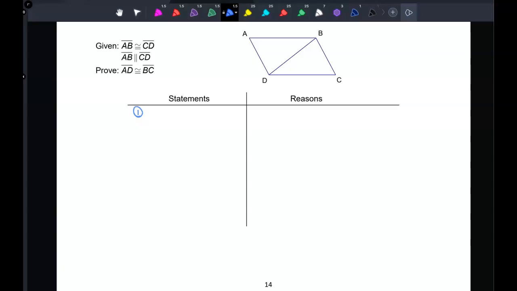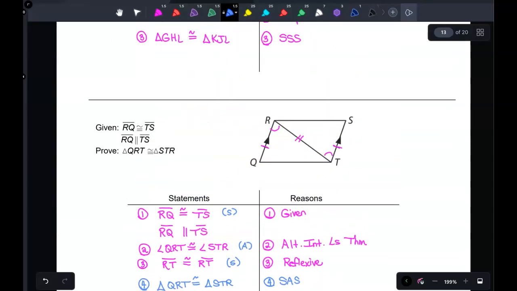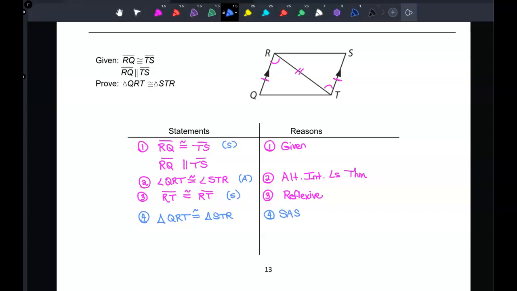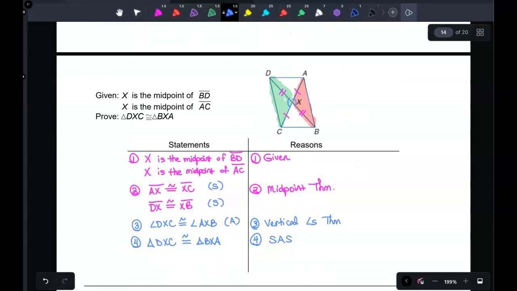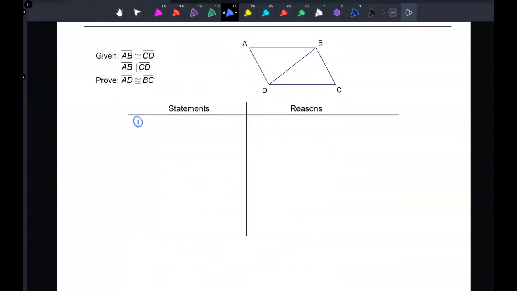This one is almost exactly the same as this one, where we had the parallel lines, but this has one extra step. Notice I'm not proving the triangles congruent. Well, I am, but I'm going to have an extra step. Also, whenever you're proving a triangle, you end with side-angle, whatever. But whenever you're proving a line,